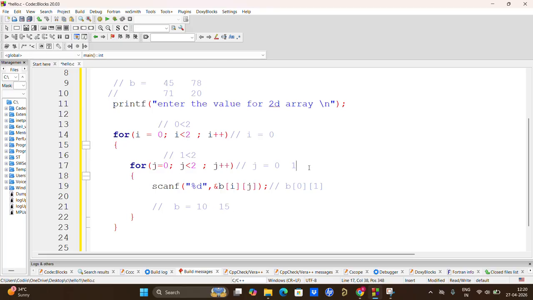Now the j value will be incremented from 1 to 2. After this increment it will check the condition once again. Is the j value less than 2? No, it is equal to 2. If we had declared less than or equal to, the condition would be satisfied and it would enter here. But we didn't assign any equal to, we just declared less than 2, so the j value must be less than 2 only. Right now it is 2, so the condition is not satisfied. This for loop will break, and then again